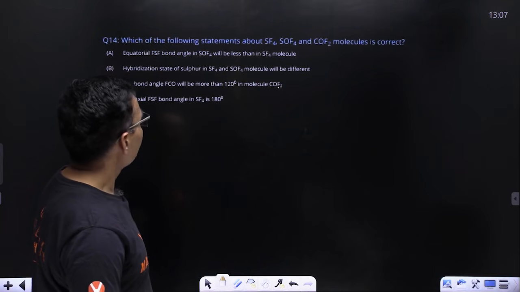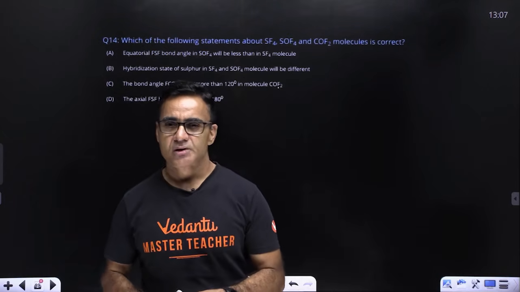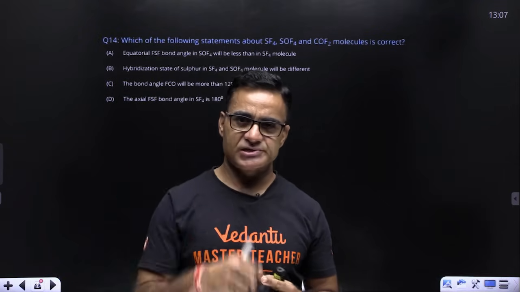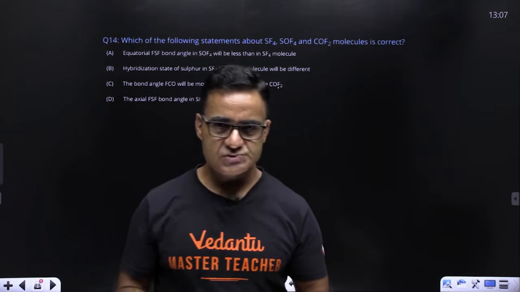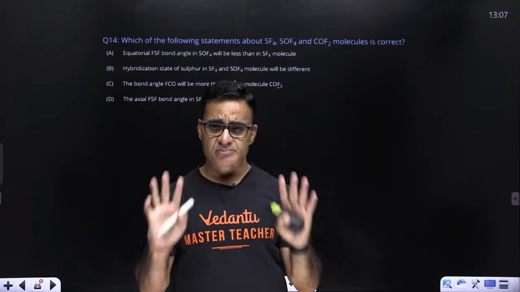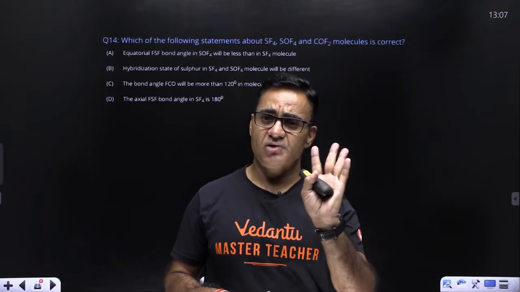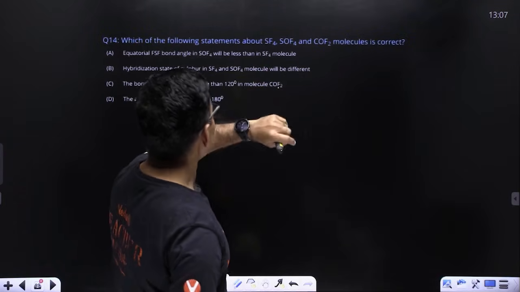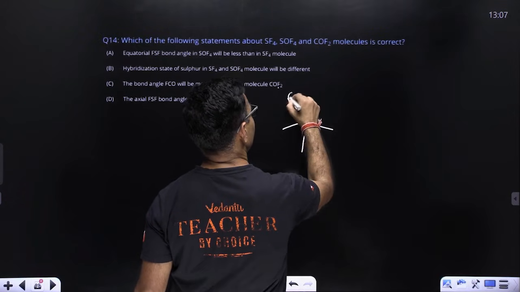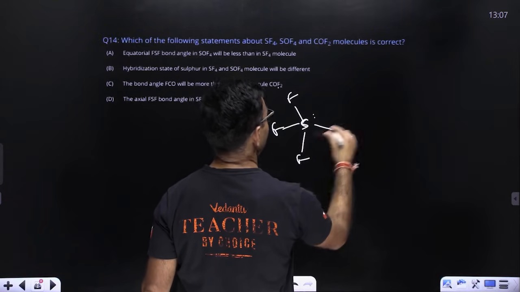ये क्वेश्चन एक्चुअली वैलेंस शेल इलेक्ट्रॉन पेयर रिपल्सन थ्योरी पे बेस्ड है. वैलेंशियल इलेक्ट्रॉन पेयर रिपल्सन थ्योरी में हम लोग पढ़ते हैं कि लोन पेयर रिपल्सन सबसे अधिक होता है एंड लोन पेयर बॉन्ड पेयर रिपल्सन से कम होता है, बीपी रिपल्सन और कम होता है। एंड दीज काइंड ऑफ रिपल्सन एक्चुअली डिसाइड्स द ज्योमेट्री एज वेल एज बॉन्ड एंगल इन अ गिवन मॉलिक्यूल। तो यहाँ पे 3 मॉलिक्यूल गिवन है, SF4, हमने आर्बिट्ररी ज्योमेट्री बना लिया है SF4, एक लोन पेयर यहाँ बचेगा